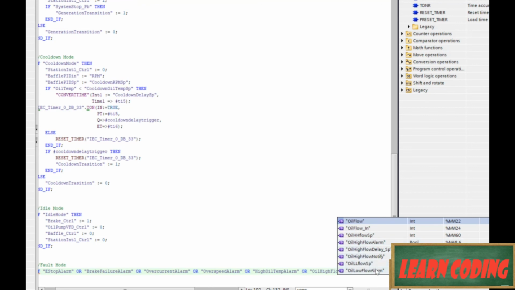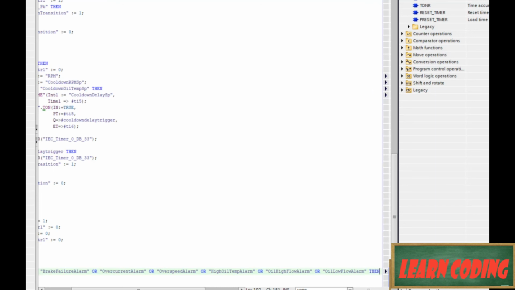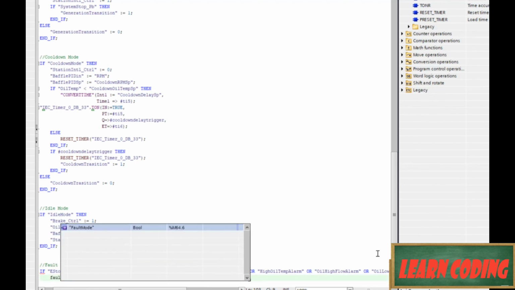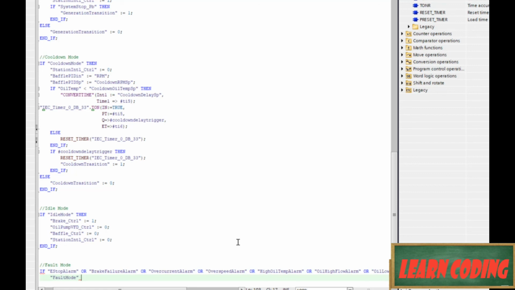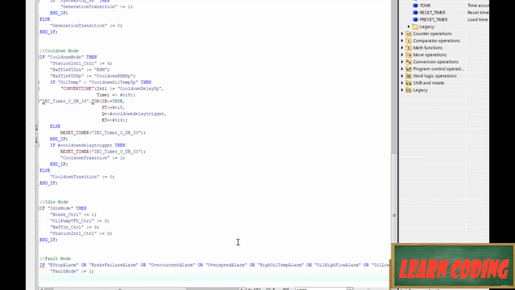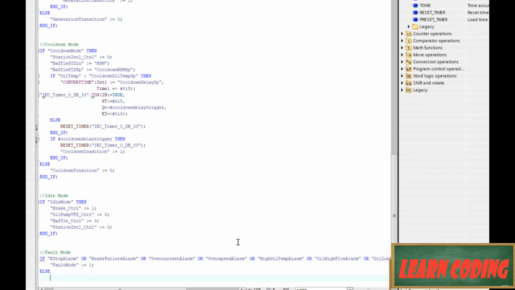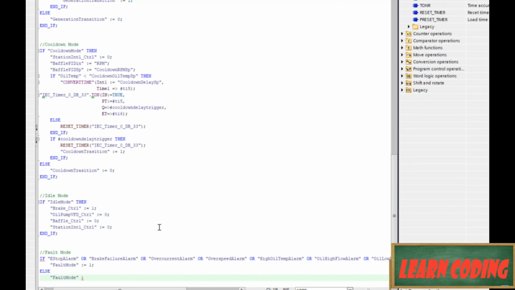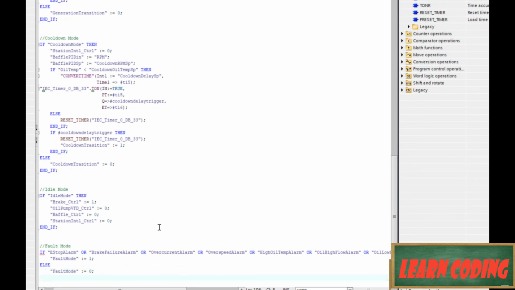Where is it? There it is. Then, and now we're going to set our fault mode. So fault mode := 1; else fault mode := 0; and end if;